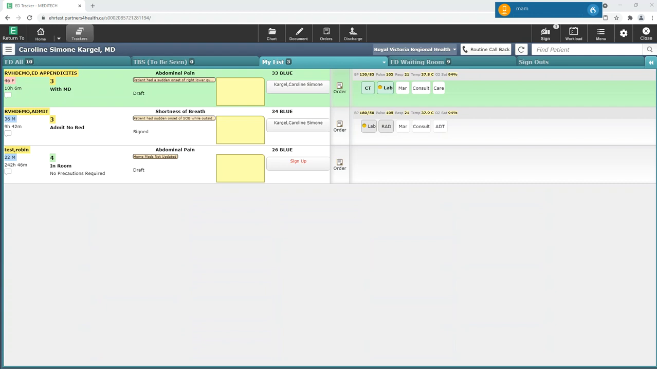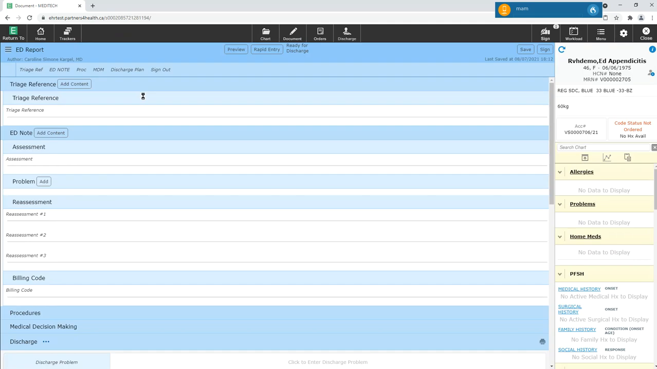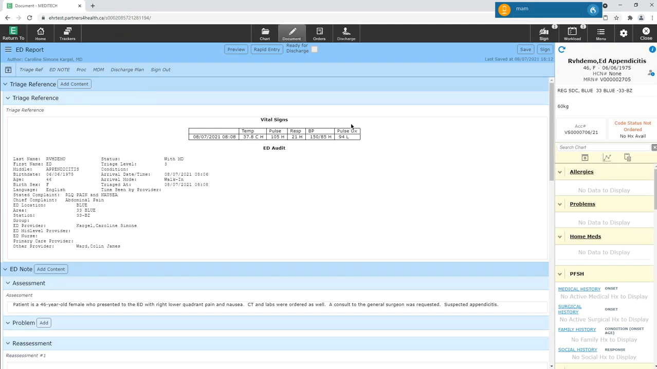I will now be Dr. Cargill and will finish my ED report. I will click on My List Tracker and look for patient RVH demo ED appendicitis. I will click on the draft section. Within the patient header on the right hand side, you can see that the account has now been rolled to a surgical daycare account. I will now click on the assessment section